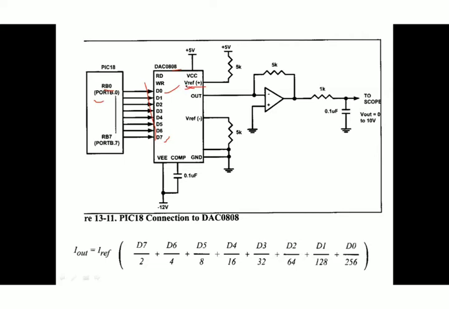Here is a V reference positive, and there is an analog output pin. So here the analog output you will generate, the output will be in the form of current. So you need to convert this current into a voltage. Here an inverting amplifier has been used. The op-amp inverting amplifier converts the current into voltage. Whatever digital value you apply here will be converted into the corresponding analog voltage, and you'll get the output voltage.